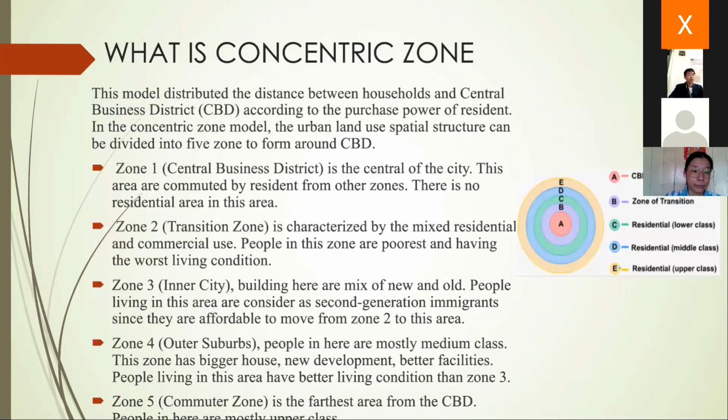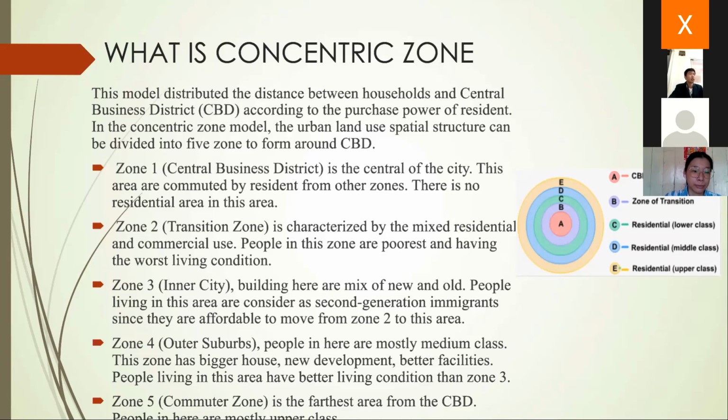What is the concentric zone model? This model distributes the distance between household and the central business district, CBD, according to the purchasing power of residents. In the concentric zone model, the urban land use spatial structure can be divided into 5 zones to form